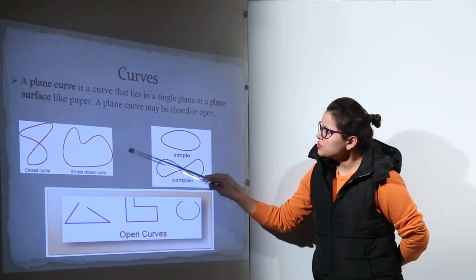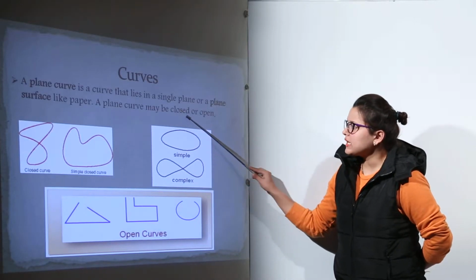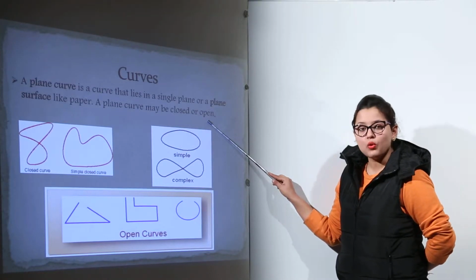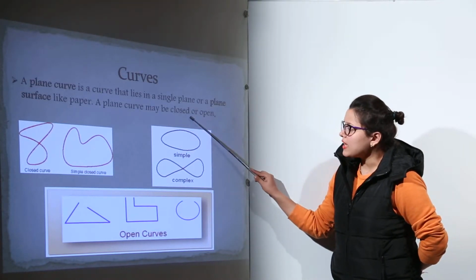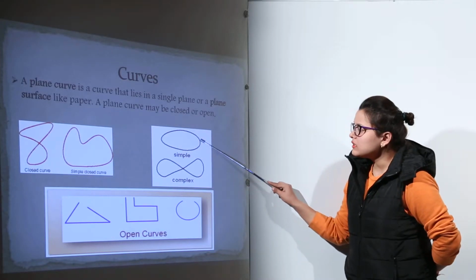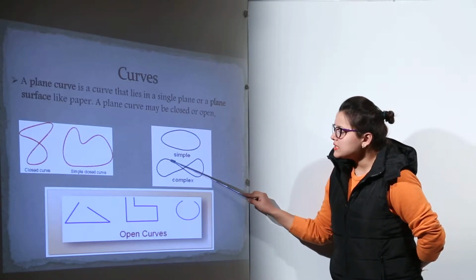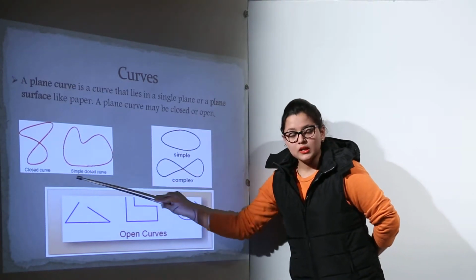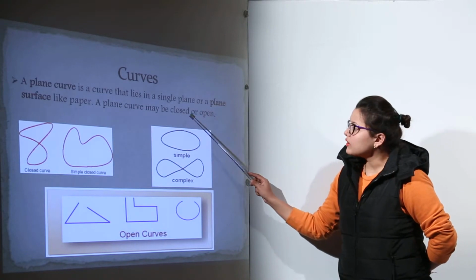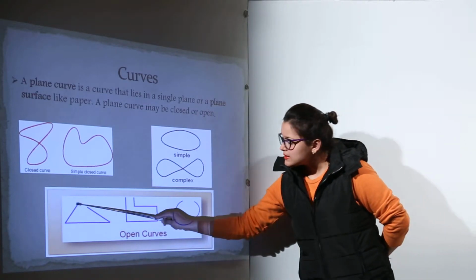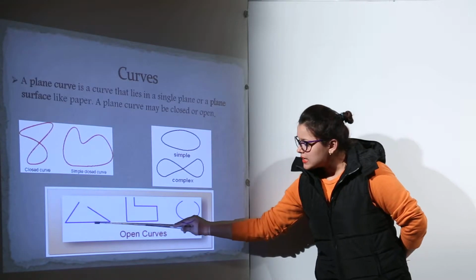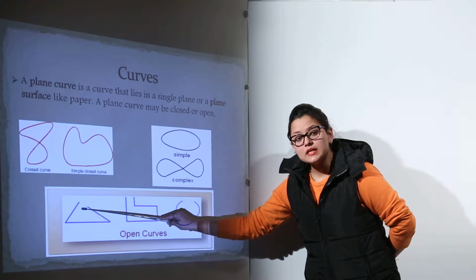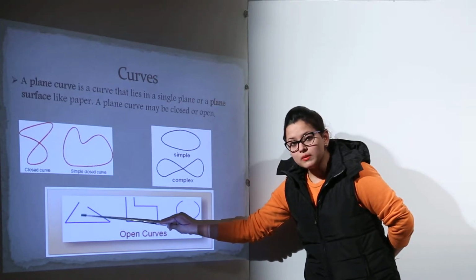Now you can see curves can be of two types, that is closed or open. A closed curve has complete continuity in the curve. You can see it in this example as well and in the other two also. Now what is the meaning of an open curve? In this first example, it is starting from this point and ending only up till here. That means there is a gap in the continuity of the curve.